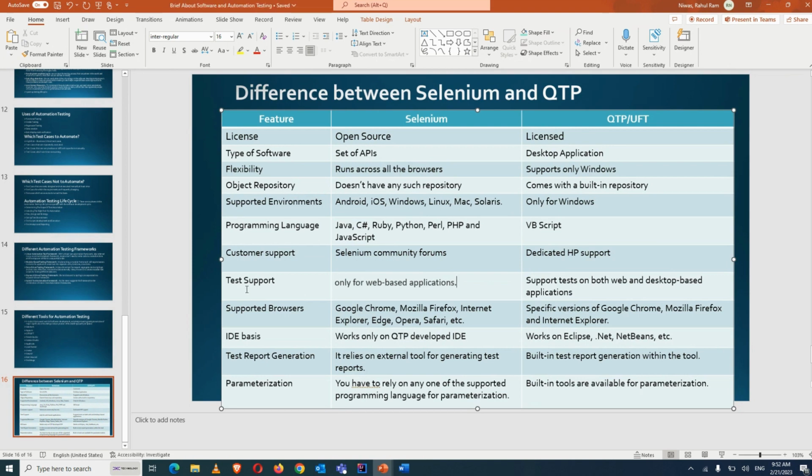And Selenium supports only web-based applications, whereas QTP supports both web and desktop-based applications. If we talk about the browsers, it supports Google Chrome,